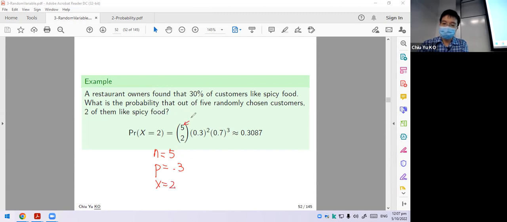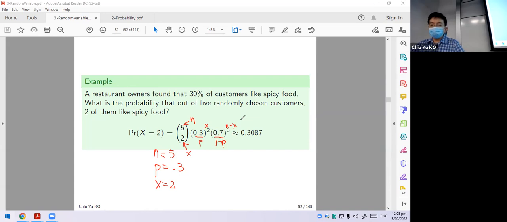So basically this is n choose x, this is p to the x, this is 1 minus p, this is n minus x. Just put all the numbers there, and it gives you 30%. So 30% of the time exactly 2 people. Then you can calculate any probability given this formula. Although we don't put it here, with this probability you can have a decision model to decide how much food to prepare, based on cost and benefit